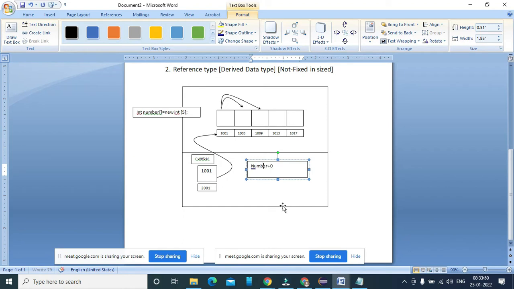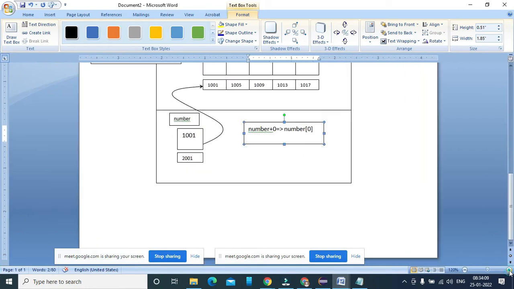So there are two ways of representing an array element: either you put it inside the square brackets, or you use the base address plus the number of steps. Both mean the same here.